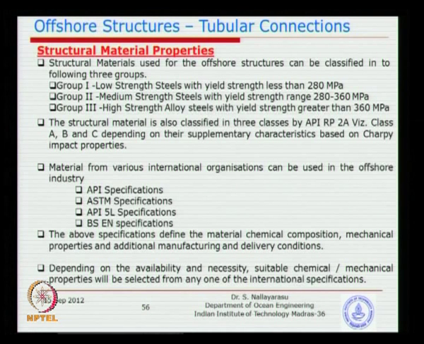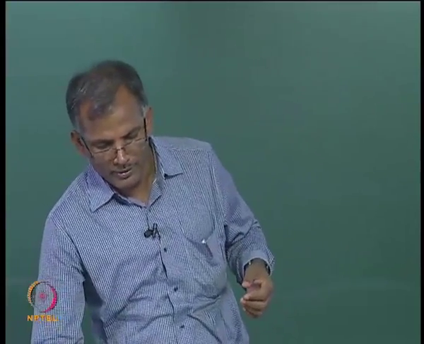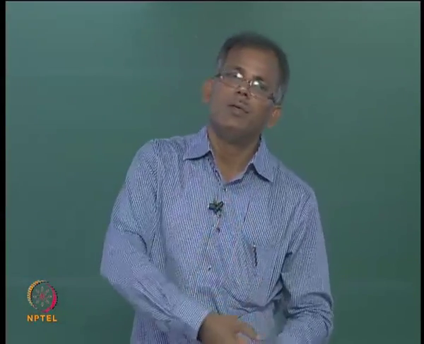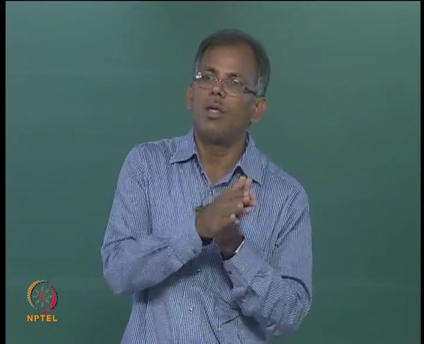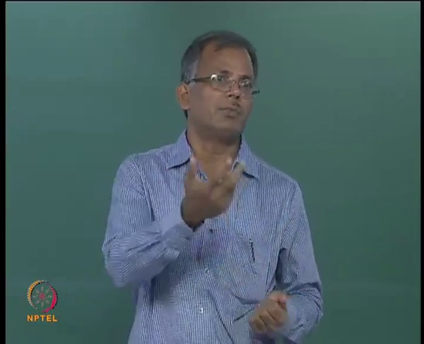The last one, I think we just look at the material properties, because you have seen the special property at the junction. Normally we require the property such that when you pull the brace by applying tensile load, the material on the chord should have sufficient across-thickness property that it does not peel off. That is what we were looking at the other day, the so-called through-thickness property.